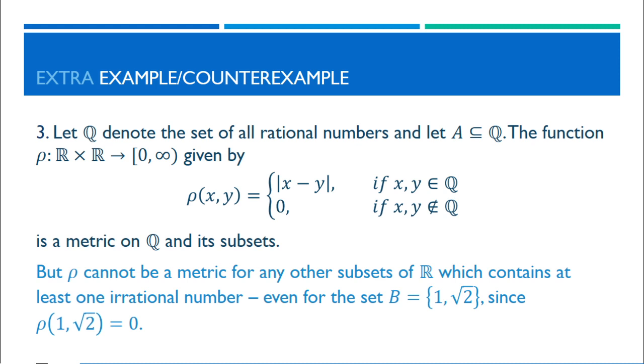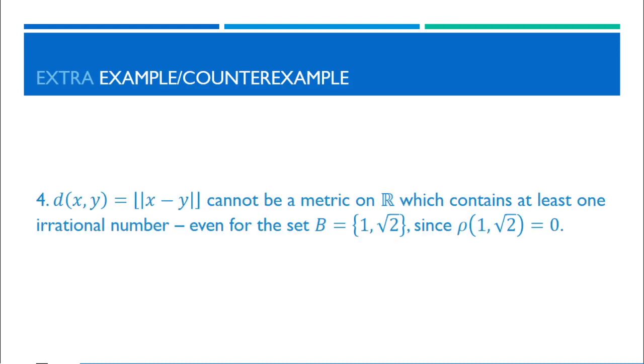So this is a very interesting and critical example. Make a note of it. This is an example where the metric works on a subset but not on the superset. It's a very interesting and special example. Earlier we noticed that a metric which works on a superset seems to work on every one of its subsets, but here there's a counterexample to say that a metric which works on a subset need not work on the superset. Now,